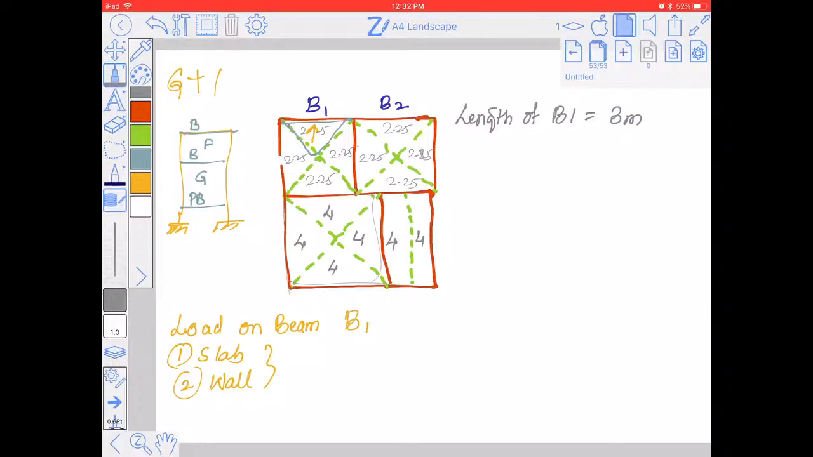So what is the total area and intensity? The area of that slab panel which is carried by the beam B1, right, Prashant? Here B1 carries the load of this portion, this triangle. So the area of this triangle is how much? Load on B1 is equal to area into intensity on slab, including